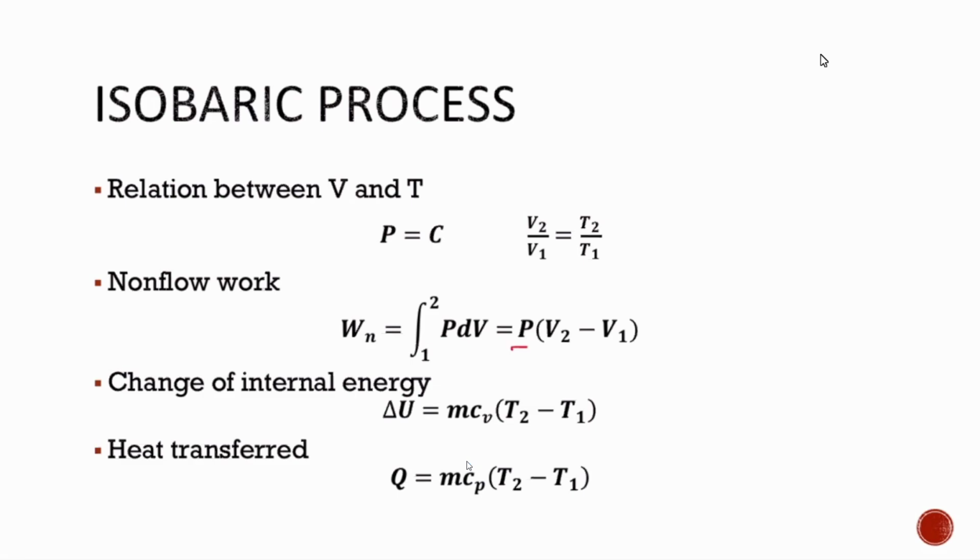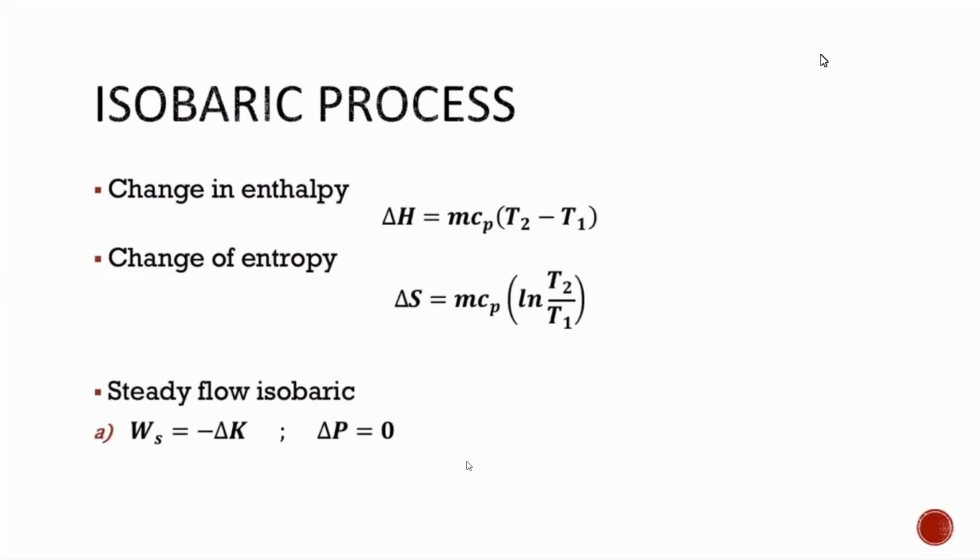Under constant volume, yung ating specific heat. And then the heat transferred, hindi na sila equal. Hindi pala talaga to equal sa delta H yun yung kanina. Okay? We have MCP, instead of CV, we have CP. And the change of enthalpy, delta H, equal naman siya kay Q. Same lang ng ating isometric. And then the change in entropy, we have MCP, the natural logarithm of T2 over T1, okay?